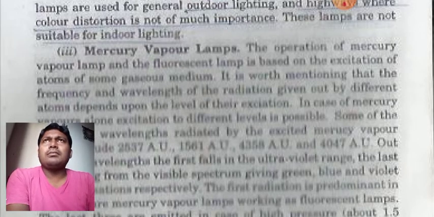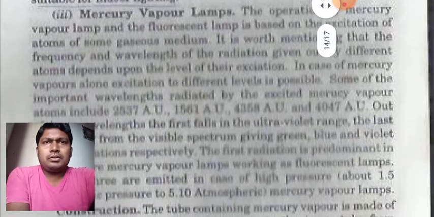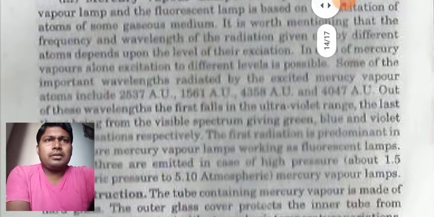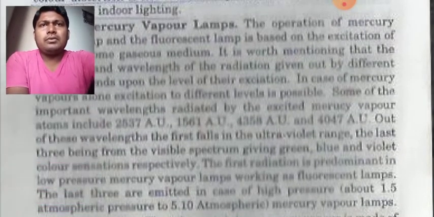Already in your previous semesters you have learned that the energy levels of the atoms determine the level of their excitation. So exactly here also, the wavelength of the radiation given out by different atoms depends upon the level of their excitation. In the case of mercury vapors alone, excitation to different levels is possible. Some of the important wavelengths radiated by the mercury vapor